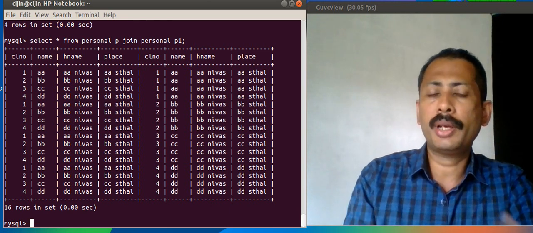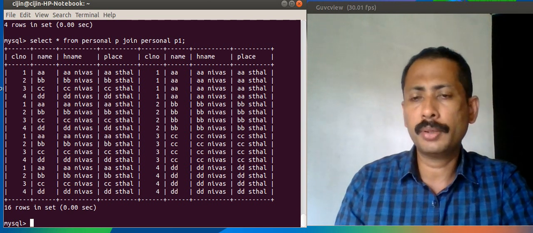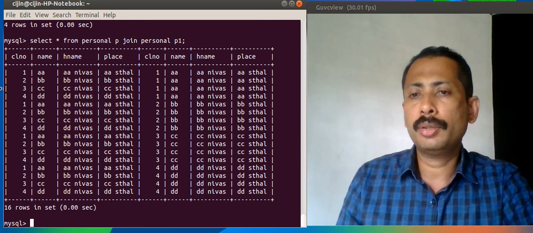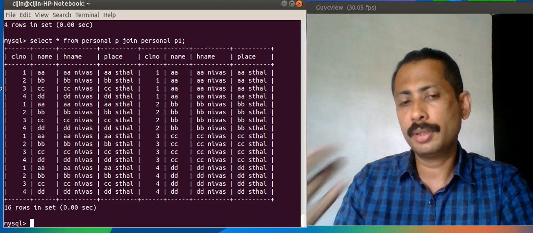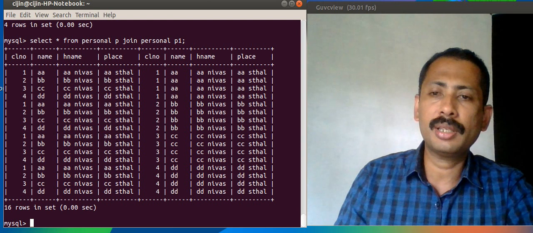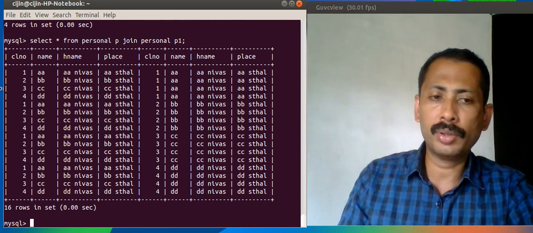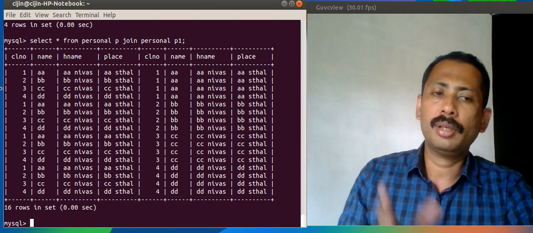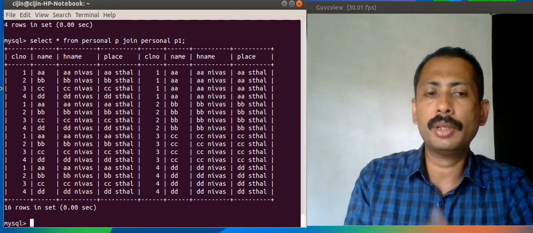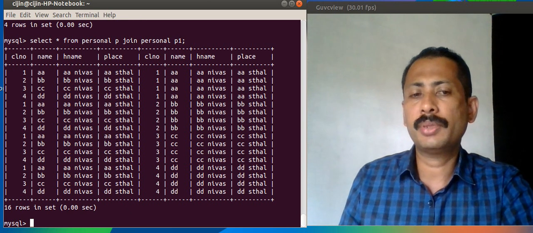Okay, if some data is organized like this, and if you want to do some operations depending on the logic of the necessity, we can join the same table with itself, and we call this a self join. Okay, so this is not a fourth type of join. It is joining the same table with itself. Okay, so this is self join.